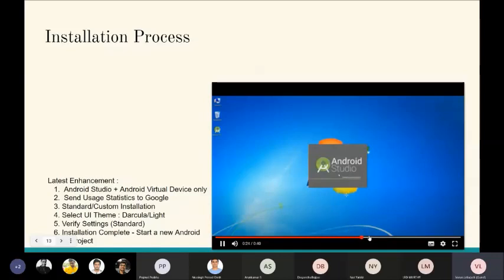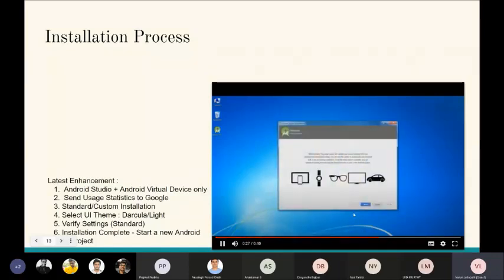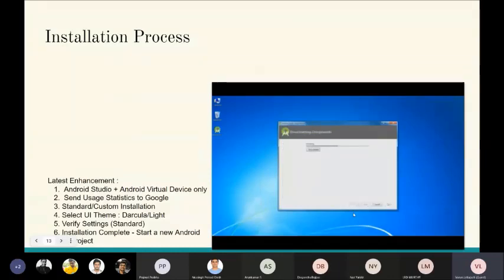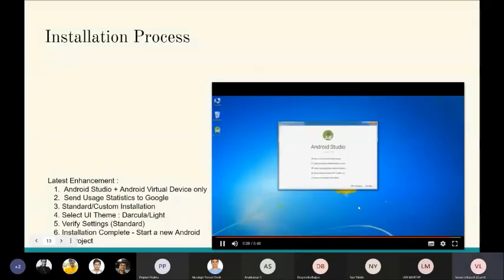After the standard settings have been selected, it takes about 20 minutes to download the components. After downloading all those components, one screen will appear. This is the screen that you will get after completing everything. So after successful installation of JDK, setting up the variable path, and installation of Android Studio, at last you should get this particular screen, start new project.